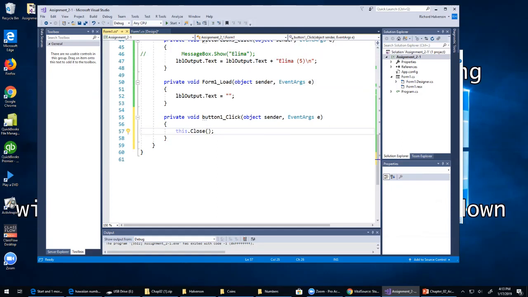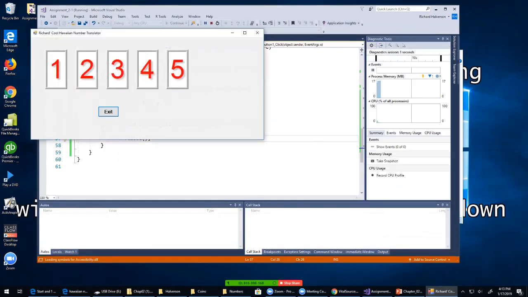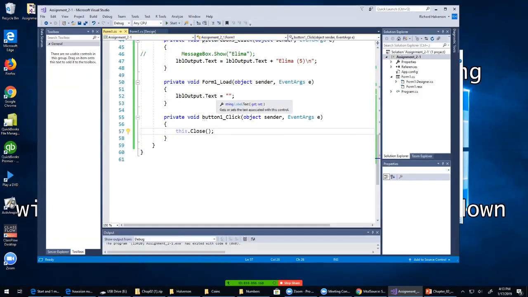That's going to close it. Okay, let's run it and see if it works. Start. Bump, bump, bump, bump, bump. Exit. All right. Okay, so the last thing I'm going to do, and I'll let you out, is remember sometimes